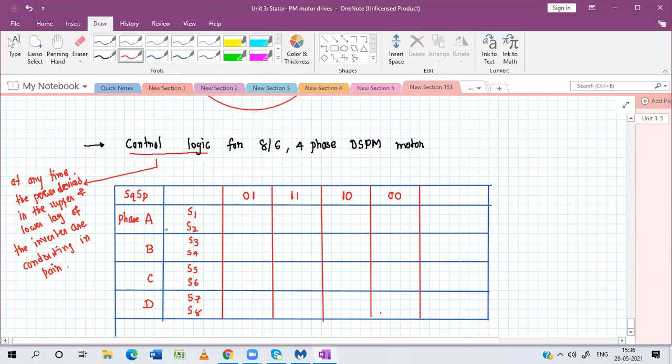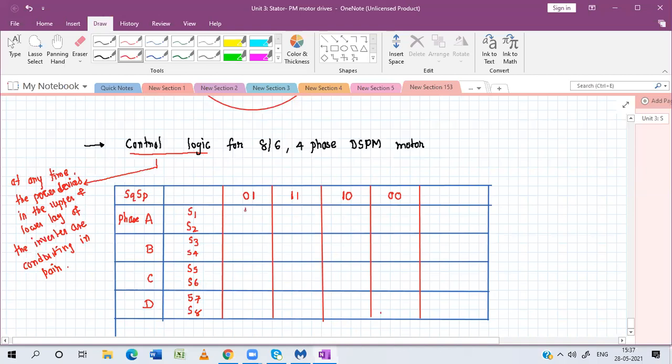It means, for example, phase A may be switched on with phase B or phase C. In the same way, maybe phase B is switched on with phase D. So if we are making